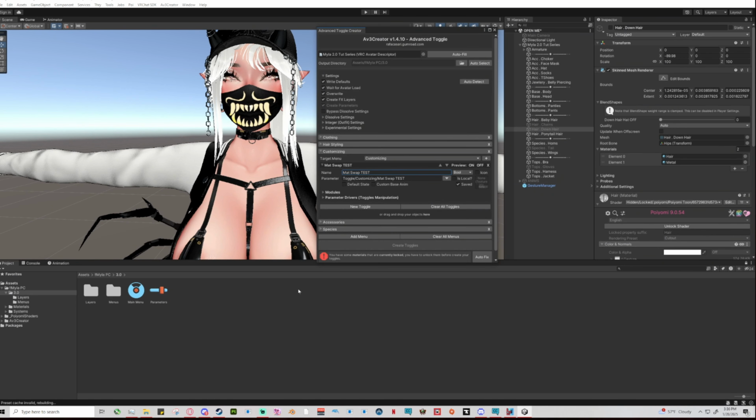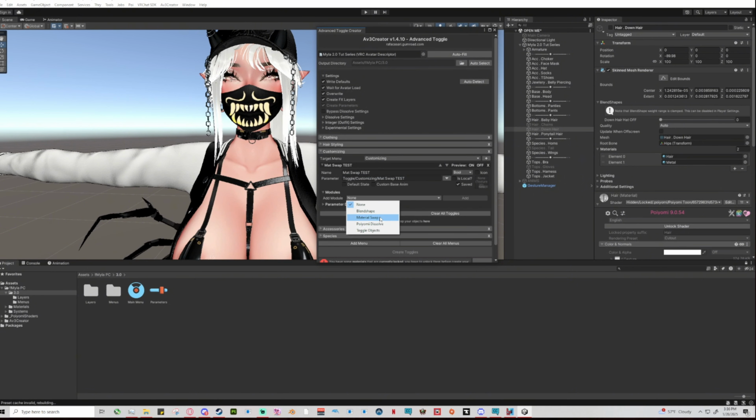I think since the supporter version allows for hue shift, you most likely can do decals on there. I'm not too sure. But I just wanted to show you guys this, and I'm going to make it something stupid so that it's obvious. But we're going to go to add module. We're going to do material swap. You can also do blend shapes. So like we had for the hat,